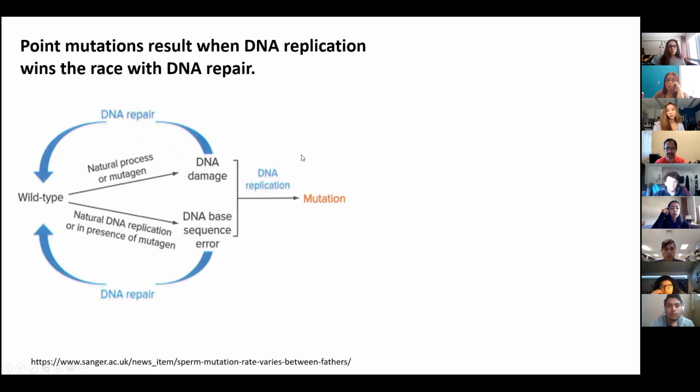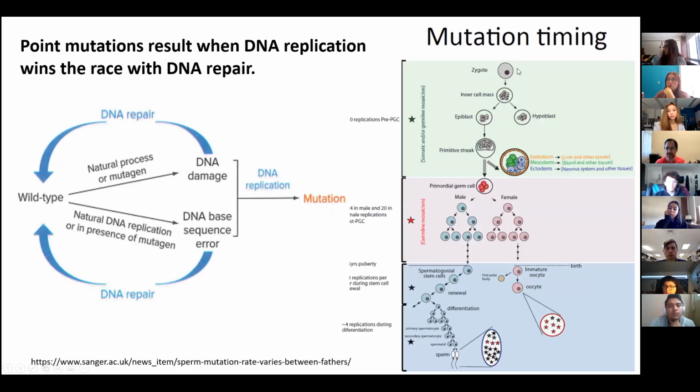And then something interesting is that when the DNA replication goes much faster than the DNA repair, then we increase the probability of getting mutations, because then the cell doesn't have time to repair all those mistakes that the DNA polymerase is inserting. And as an example, I was telling you on Monday that when we look at the embryonic